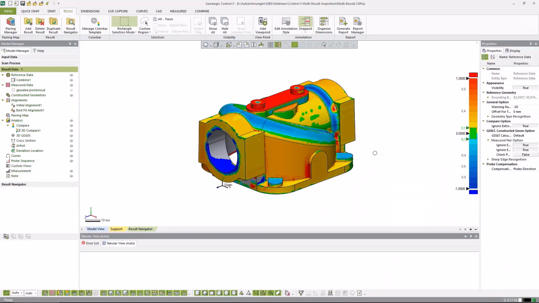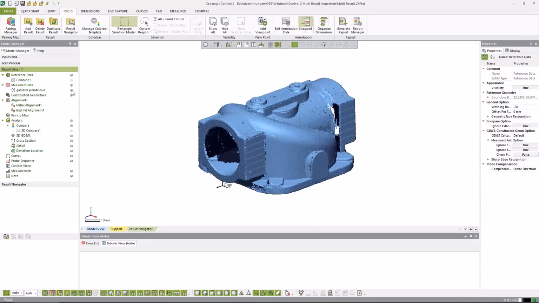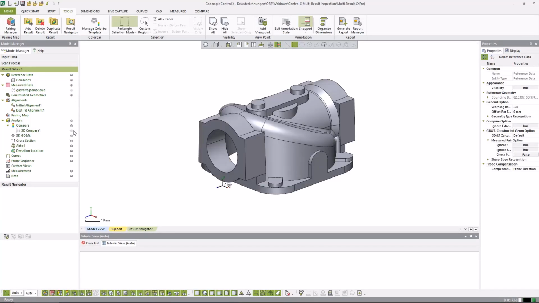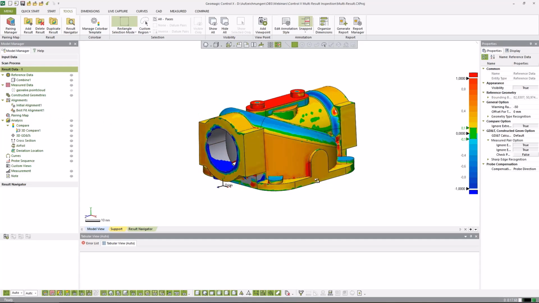And here we are inside Control X with a typical basic inspection scenario. In this case, we have our valve housing. We have the CAD model here, that's the CAD model, and we have our scan data here. And we have our 3D compare here, which is basically a color map of the deviation analysis. And we have an alignment defined, which is an initial alignment and a basic best fit alignment of the whole